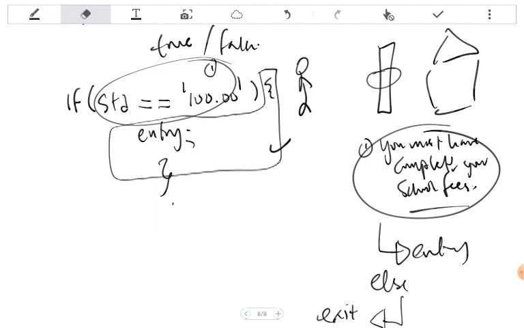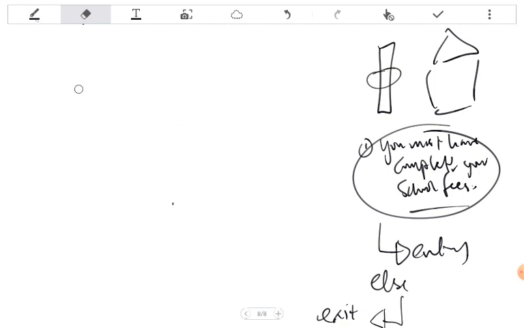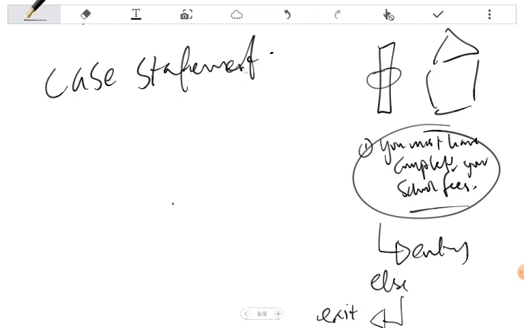Then we have an alternative to this else if statement, or multiple else if statements: the switch, the case statement. Okay, I sometimes call it switch statement, but many textbooks refer to it as the case statement. Is that okay? So the same principle guiding the if else statement is the same principle that guides the case statement. Okay, so I'll give you a very good example. How do you use it?